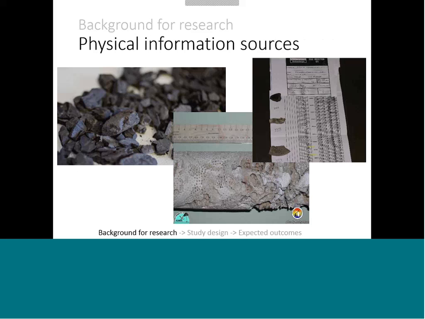So again, I'm focusing on physical information sources, and the materials for my dissertation will be cores and cuttings at state geological surveys, materials that cannot be replaced with a digital surrogate. You might need a digital surrogate, such as metadata and other records, to provide access and discovery of these sources, but at this time we cannot completely replace them with a digital object. So you might still need to do chemical testing or destructive testing on a rock sample in order to determine the answers to your information needs.